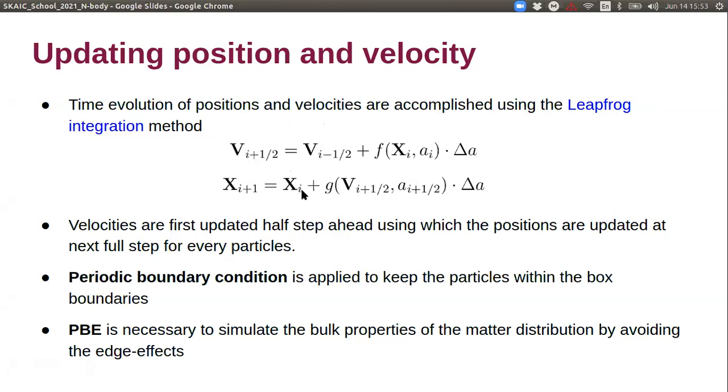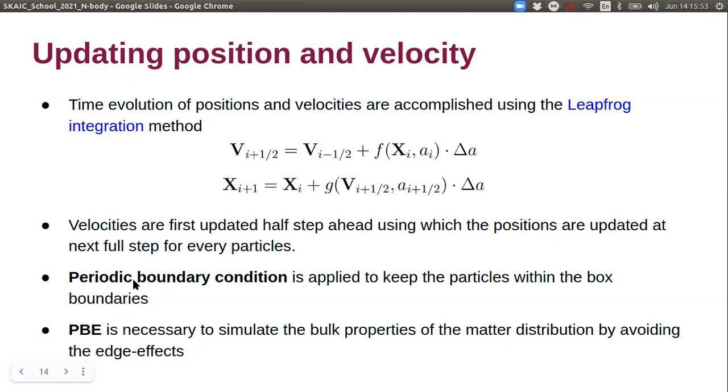So i denotes the time step basically. We compute the velocity at the next half step, and using this velocity we compute the position at the next full step, and this continues till the end. Using this we update the particle position and velocity using these expressions.